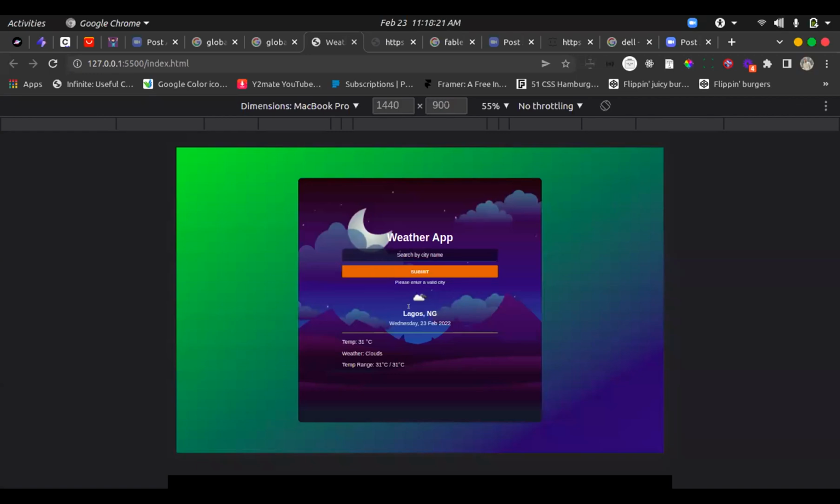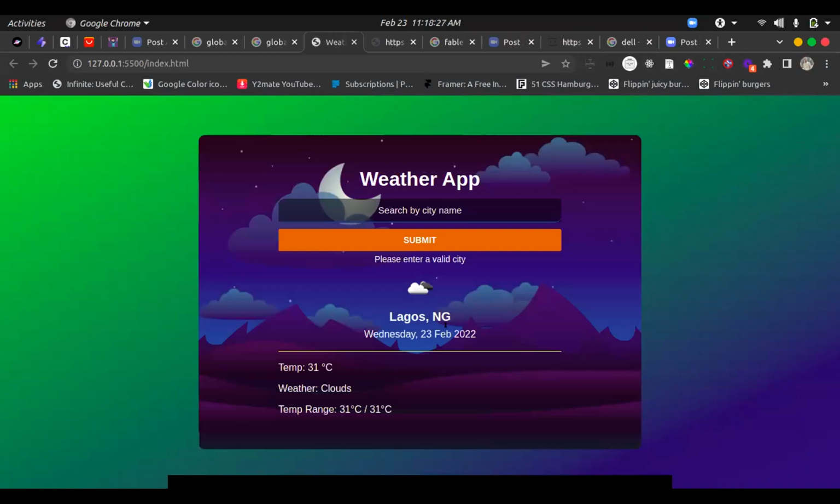So we have Lagos, and it is returning a valid response, right? Now you see that whenever we do that, it also clears the value of